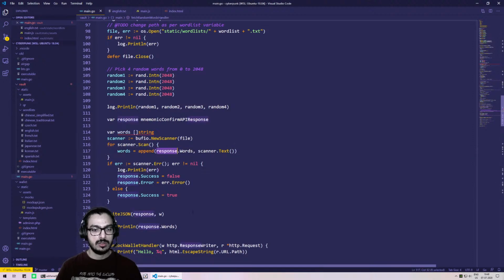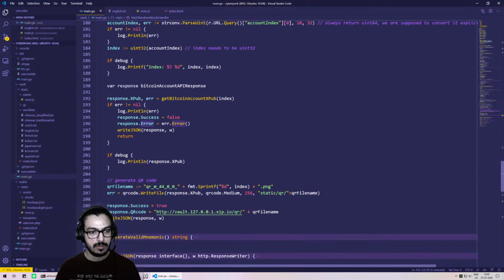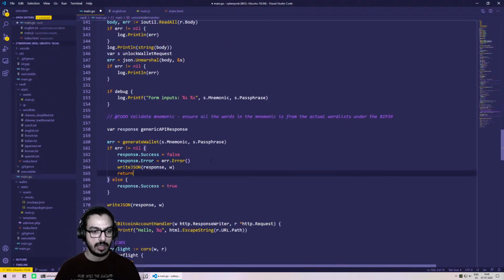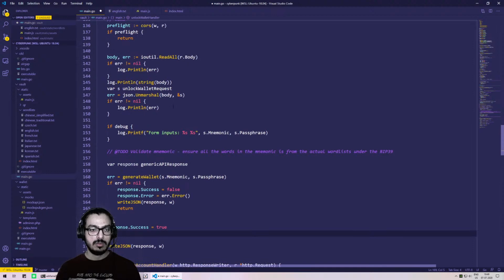So words is equal to append words, and then if there is an error with reading the file, then obviously success is false. Return the error and on your way with it. Can use it to trigger it, like in the write out the JSON over here early on, and if that doesn't happen, then we know the success is true. And then now we have to choose words based on,